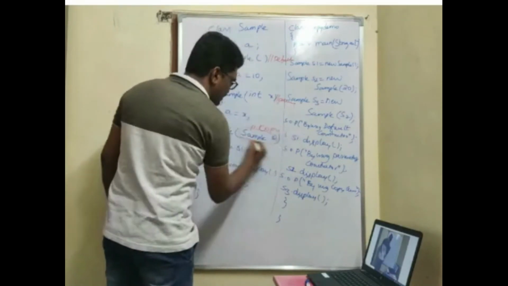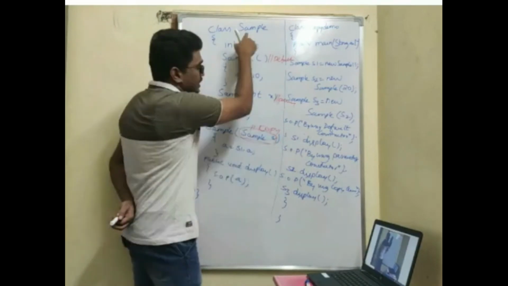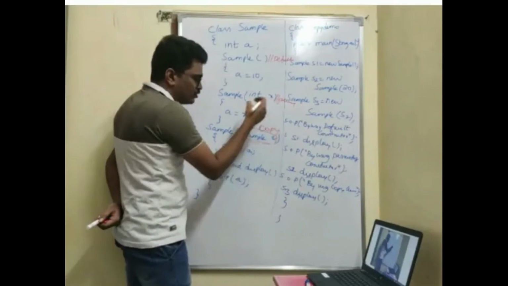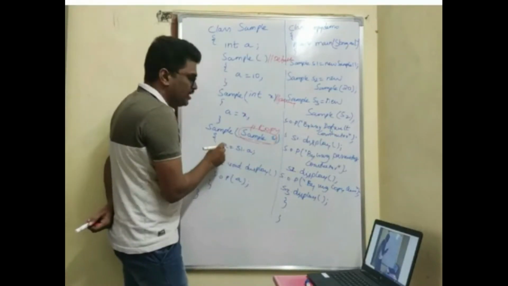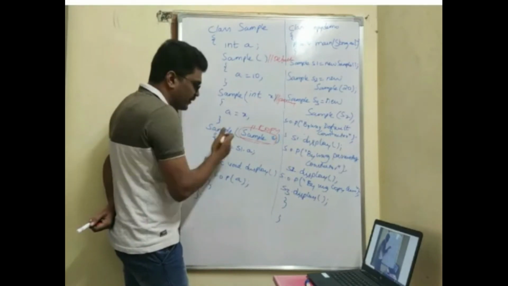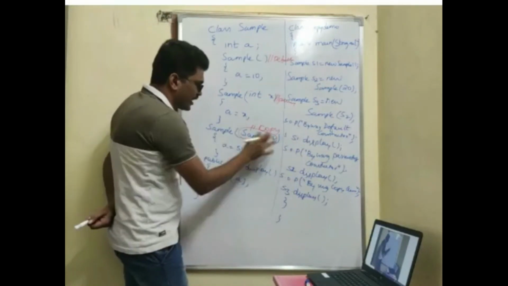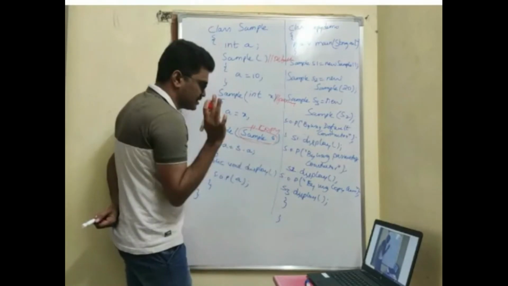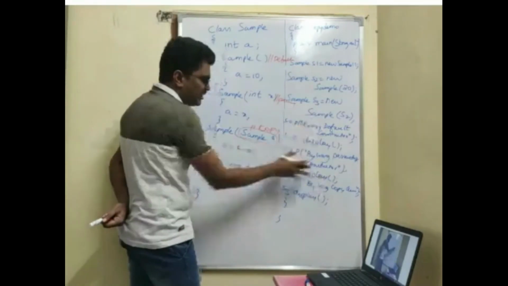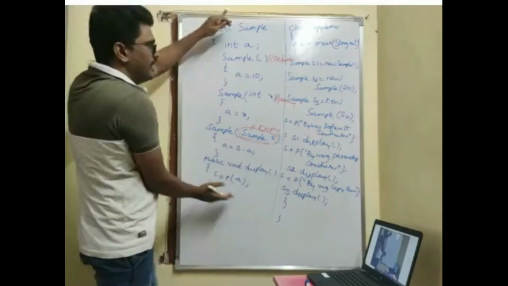The copy constructor takes a parameter. The parameter is nothing but an object of the same class. Sample s1 is an object. Now the contents in s1 I am going to copy into this variable a, whichever is invoking this constructor. So if I call using s3, it will be s3 dot a is equal to s1 dot a. If you are getting confused, you can make it simple: s dot a. a is equal to s dot a. Here the variable is different because this is one local area and this is another local area.